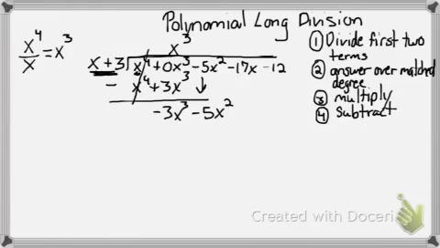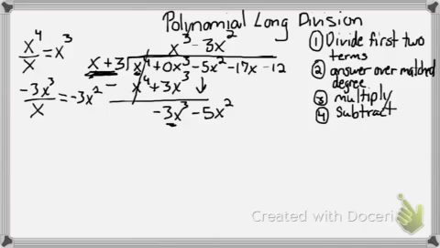Now my first 2 terms will be negative x cubed and x. So I'll have negative x cubed divided by x. Once again, I got that from here and here. And when I divide these 2 terms, I get negative 3x squared. Put that answer over the matched degree up here